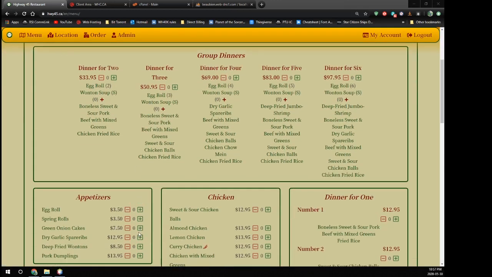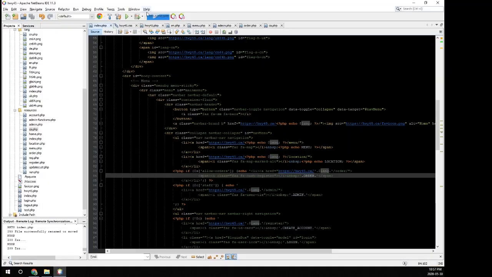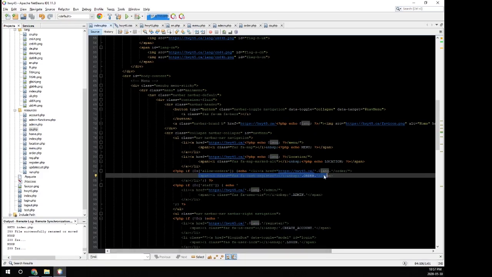So what we want to do is every time one of these buttons is clicked, it adds a number there. So the first thing we need to do is actually go in and create that. Going into our index.php page and finding our span with our order on it, that is this little button here. What we want to do is add something within the span just on the end of this. So we're going to create a subtag, sup,